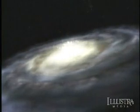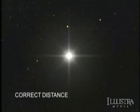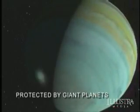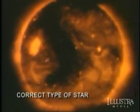A lot of things went right on Earth to have yielded complex life, absolutely. The number of factors that have been postulated has grown. Currently, the typical number you would see in a typical list would be something like 20. We find that we need to be at the right location in the galaxy, that we're inside the circumstellar habitable zone of a star, that we're in a planetary system with giant planets that can shield the inner planets from too many comet impacts, that we're orbiting the right kind of star that's not too cool or not too hot,